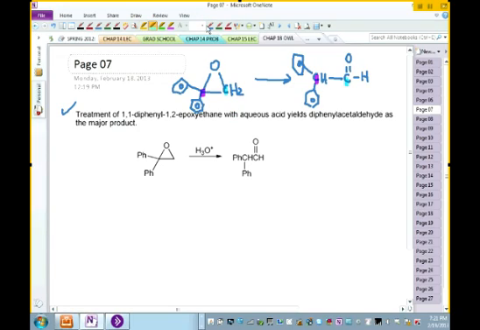If you notice, let us just put a number on it so we can say this is carbon 1 and carbon 2. If you notice in carbon 1 from the starting material, how many hydrogens are attached to it? 2. That same carbon 1 is this here, and carbon 2 is here. Now, how many hydrogens are attached to carbon 1 in the product? 1. So what does that tell you?